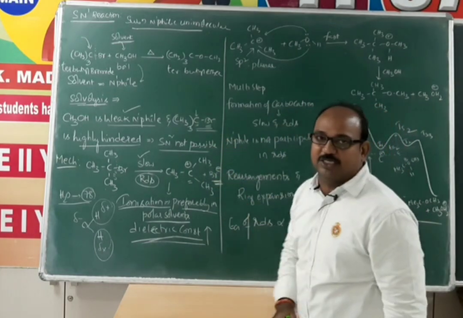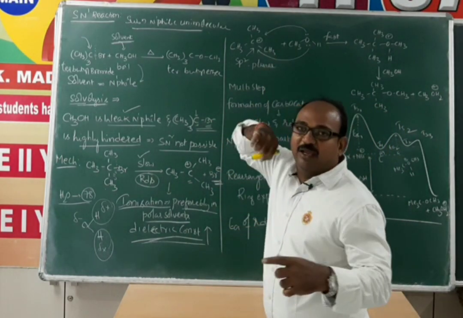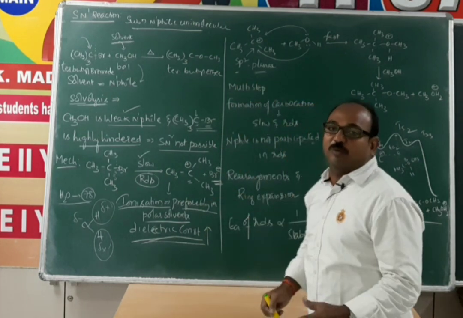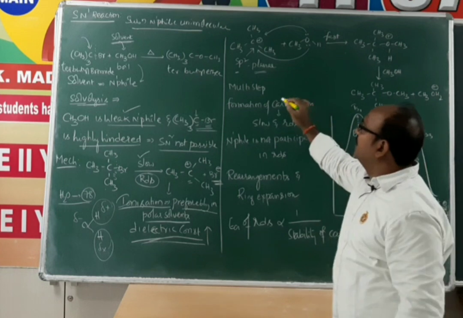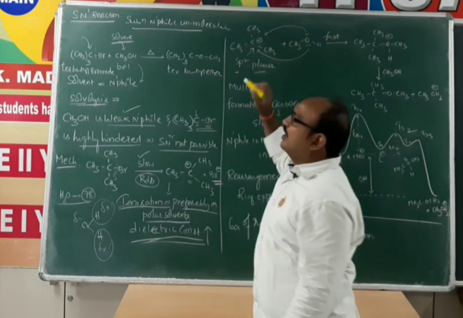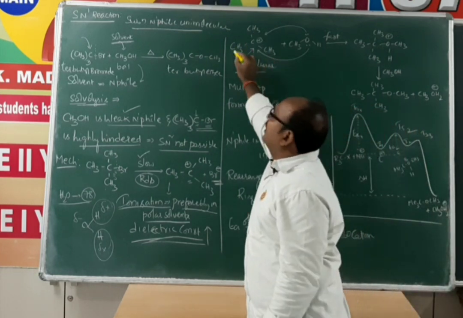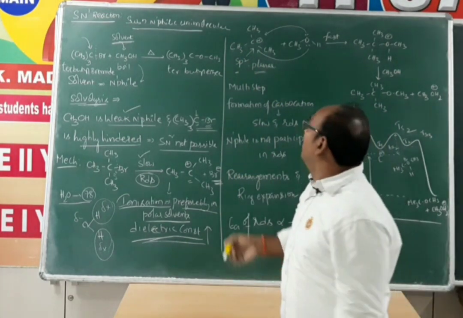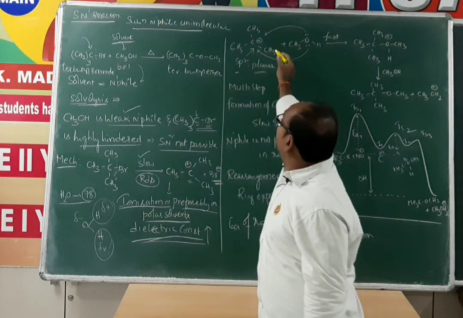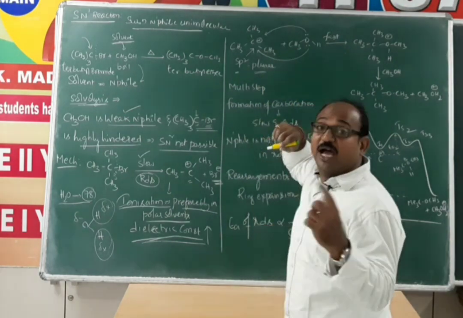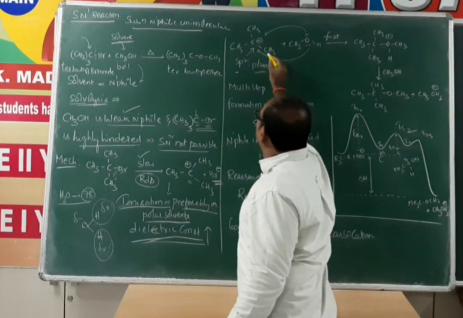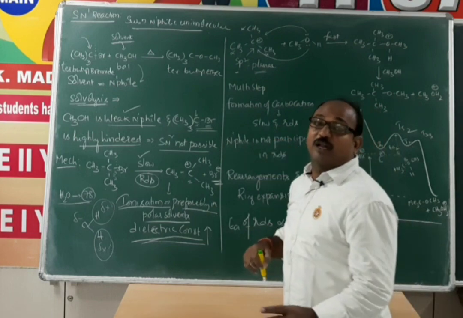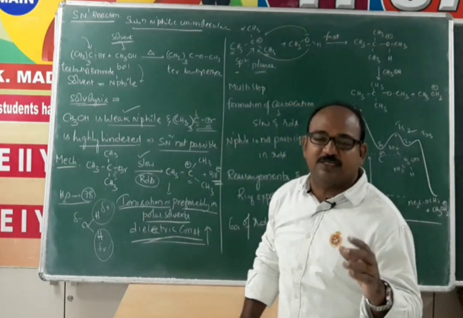Once the carbocation is formed, it has trigonal planar geometry and sp2 hybridization. Here the positive charge is surrounded by 3 alkyl groups. It is very clear that all 3 alkyl groups are plus I groups, electron-releasing groups. That too, methyl groups, meaning the hydrogens in these methyl groups are involved in hyperconjugation. With respect to this positive charge, this carbon is alpha, this carbon is alpha, this carbon is alpha. There are 3 alpha carbons and each alpha carbon has 3 hydrogens.